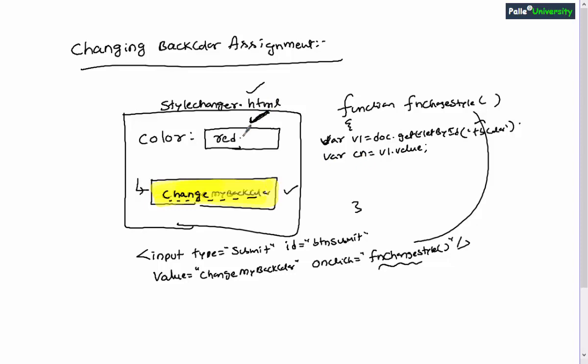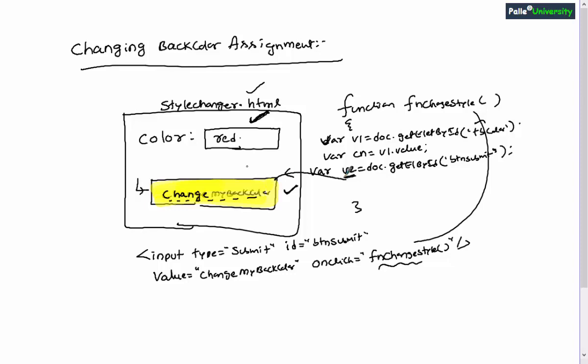Now what is the next step? Next step is, in order to make changes in this button control, we have to get the object reference of the button control. How will you get it? Obviously var v2 is equal to, again as usual, document.getElementById of, what is the ID of the button control? Obviously it is btnSubmit. Now this v2 variable will start pointing to the DOM node reference of this button control.